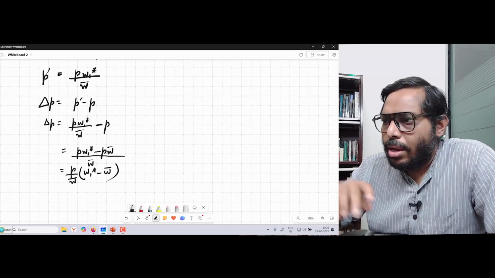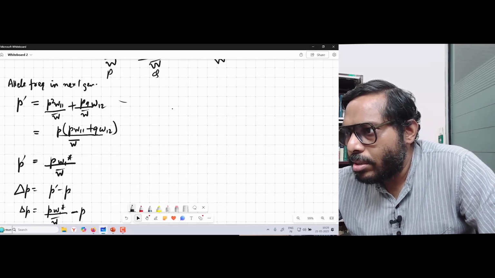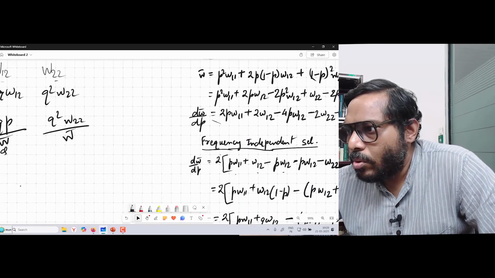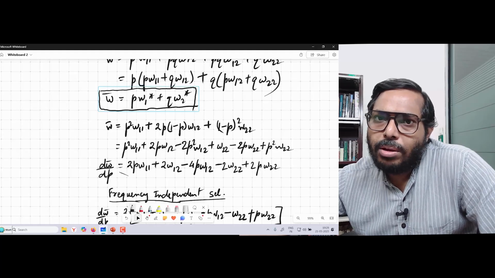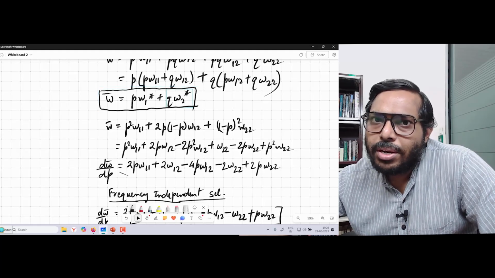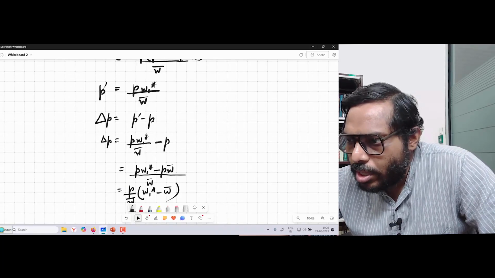Now, if you remember, at some point when we were looking at our expressions, we saw that W bar is equal to PW1 star plus QW2 star, right? We have already kept this one over here. So, we will import that one over here,